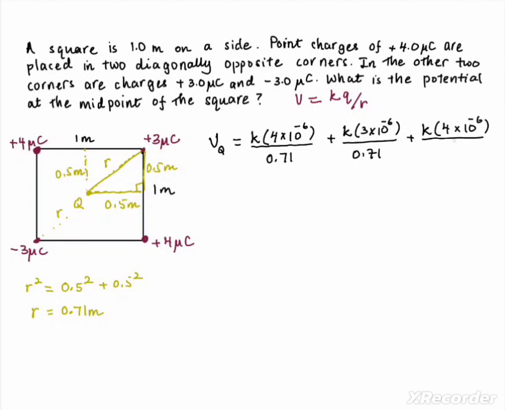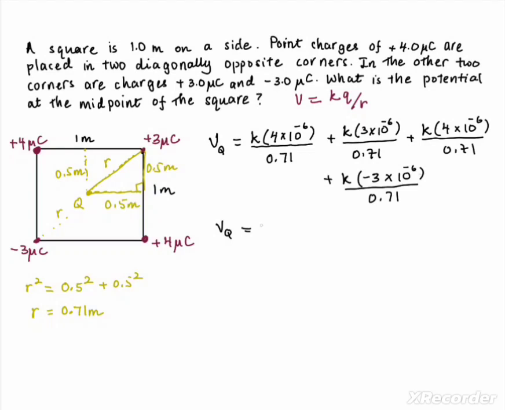Here is 0.71. And then finally, we are at the other diagonal. We add K times -3, not absolute value, so we retain the negative sign, divided by 0.71. Now something easy to do here, so this is our VQ,